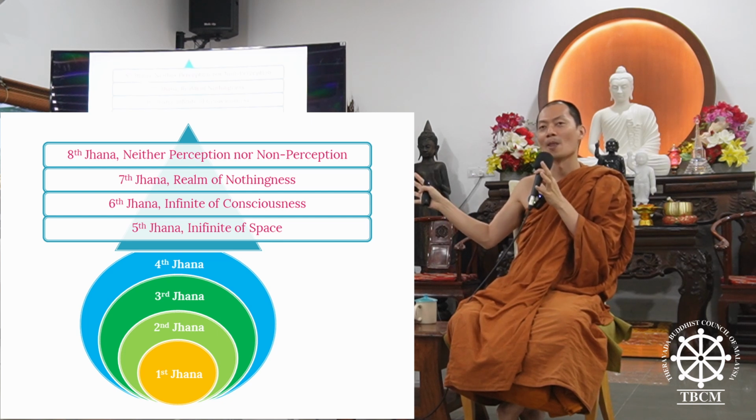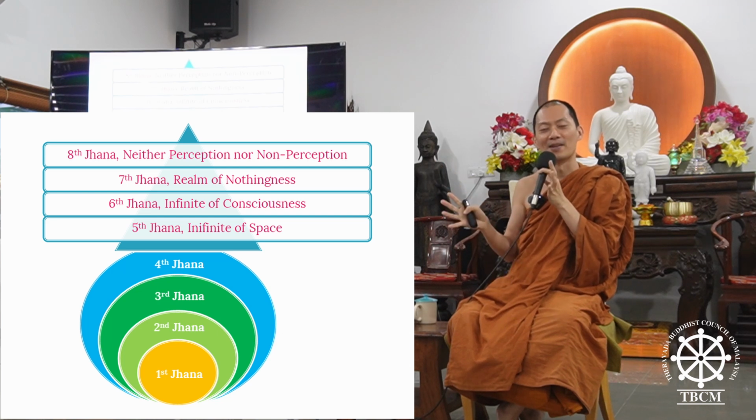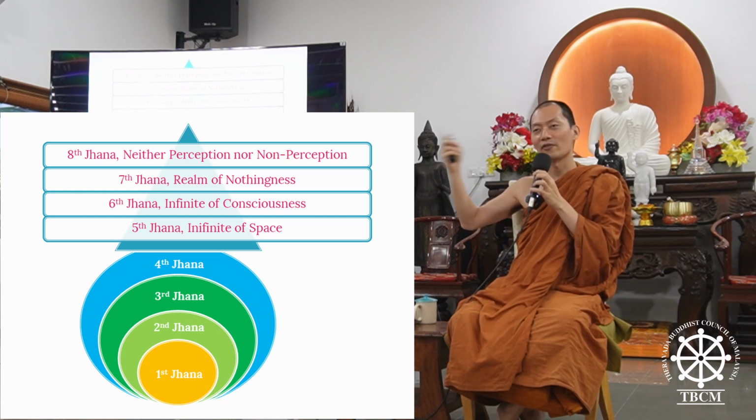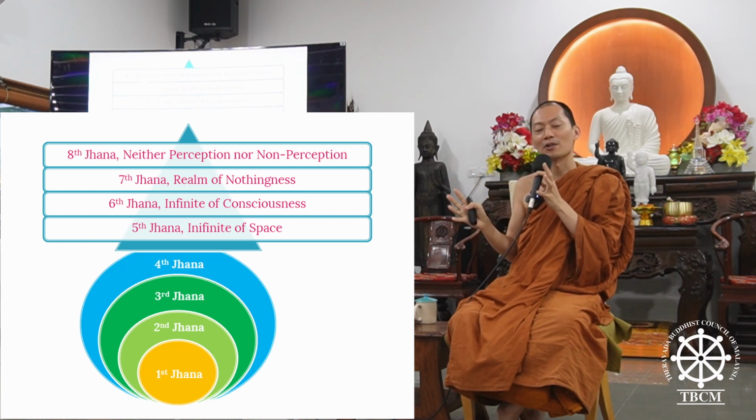So that's the issue. But if I teach the four Brahmaviharas, I teach 'may all beings be well and happy', and you fall asleep, never mind. I teach compassion, 'may all beings be free from suffering', and let's say you wake up. You can continue, you can go to the second level. Then I do appreciative joy, 'I rejoice with all beings', and you fall asleep, never mind. Then for equanimity, you talk about karma ripening, and let's say you wake up and you can do it. So at least you can get the second and the fourth. So every meditation has pros and cons.